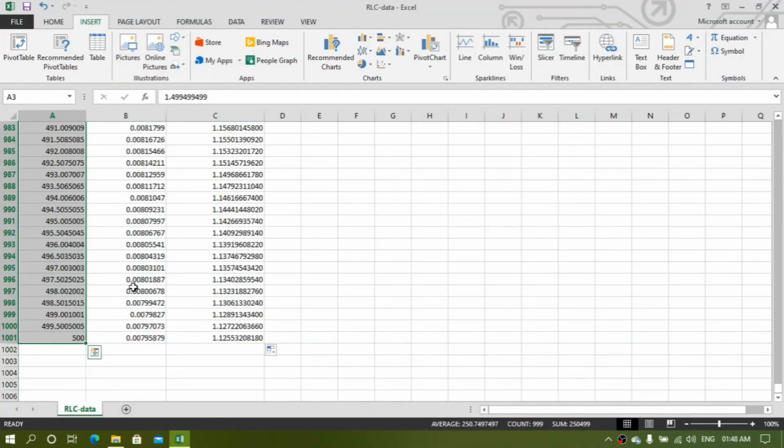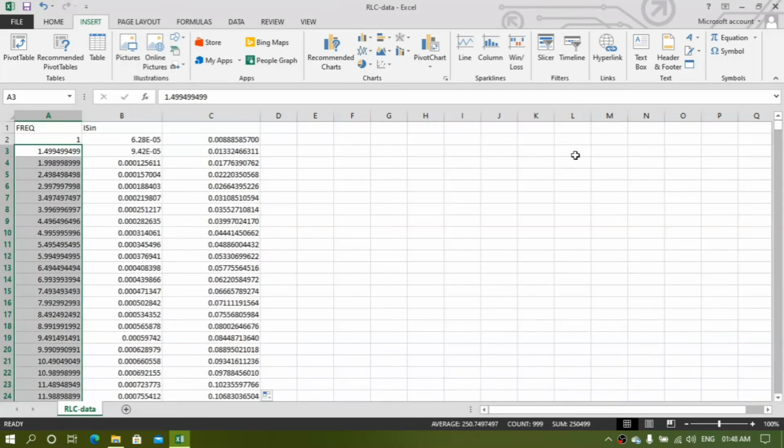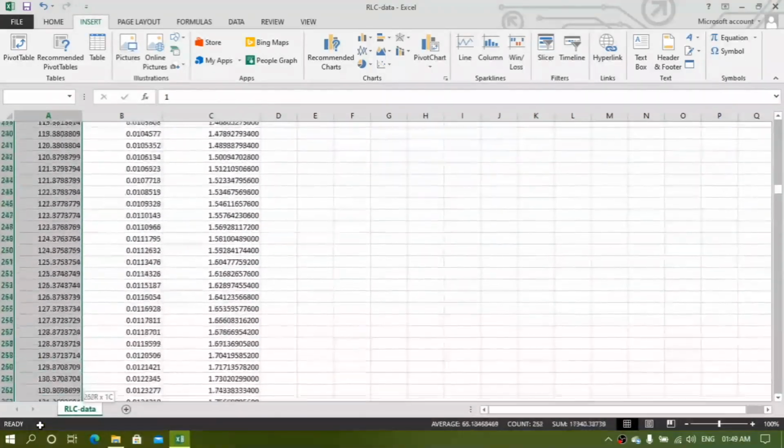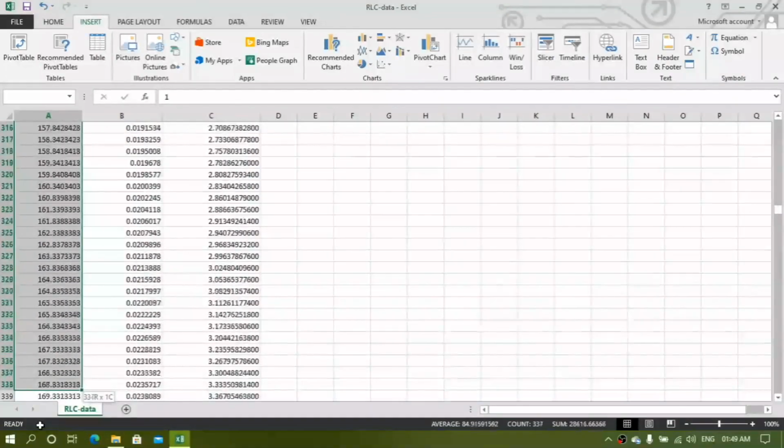Again press Ctrl, go to the top, press Ctrl key, no, we have to take from 1. Okay, don't lose your patience. Every creative work needs some time.